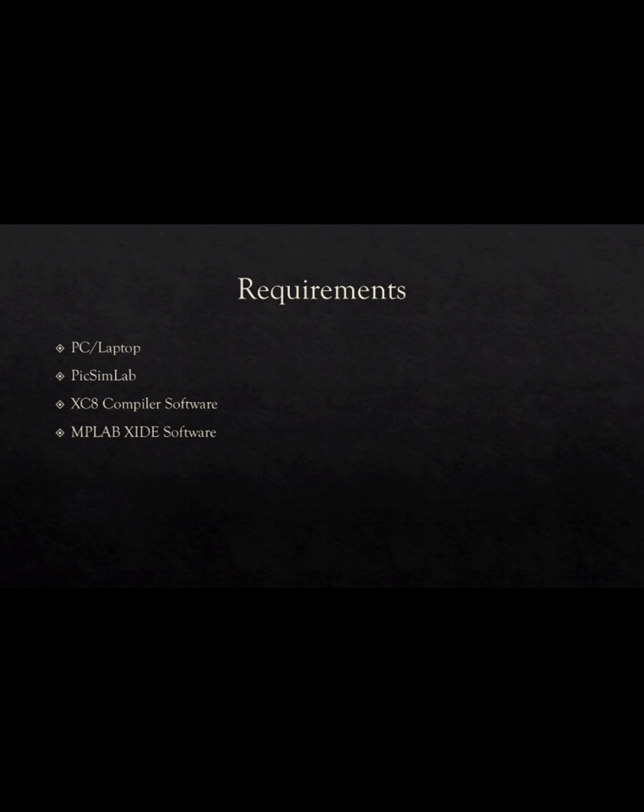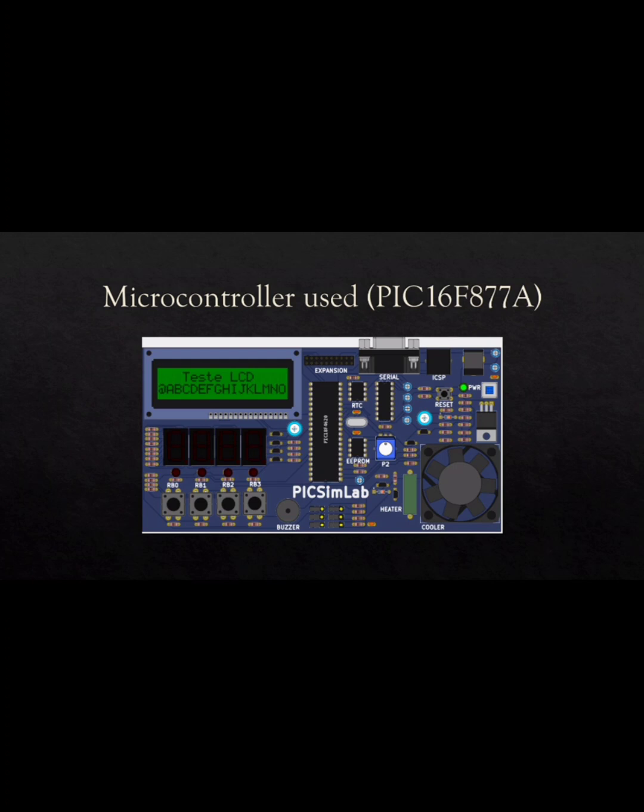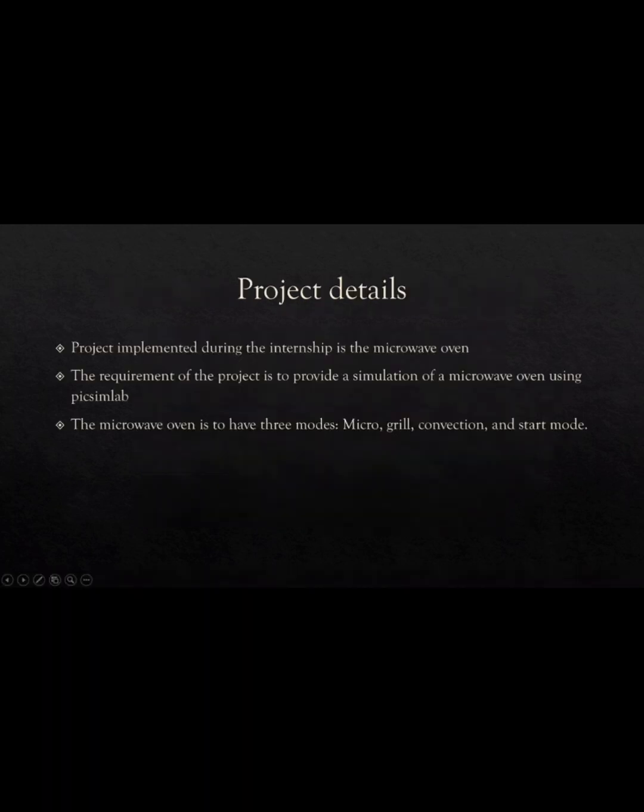So these are the different components that we used for completing this project, which we'll discuss in detail in the coming slides. This is the microcontroller that we use for this project, PIC 16F877A. We've been studying this microcontroller during the internship period. So these are the project details. It is a simulation of a microwave oven, and the major requirement is to provide a simulation of that using